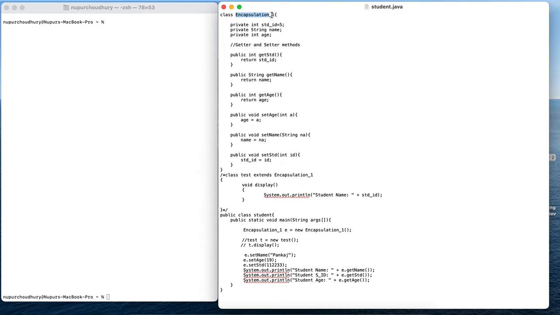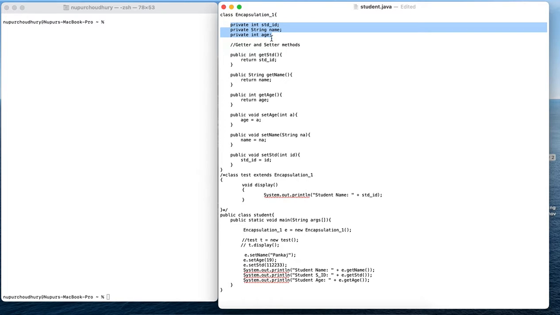In encapsulation, in order to achieve this mechanism, we first have to declare the data as private. When we say data, we essentially mean the variables used in this program: student ID, name and age. We have declared all of them as private.